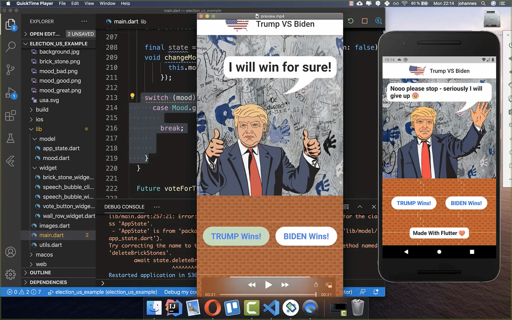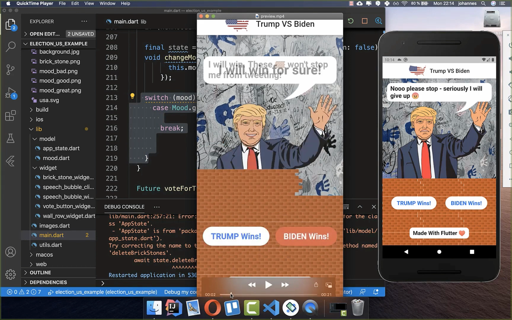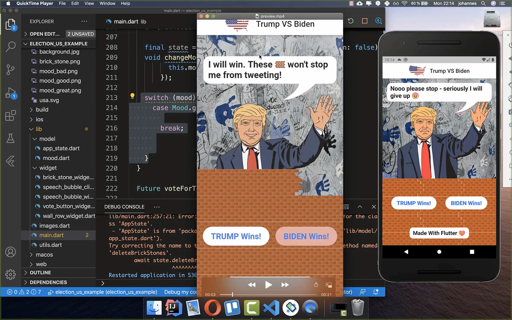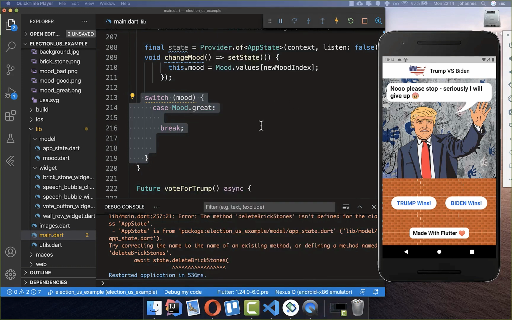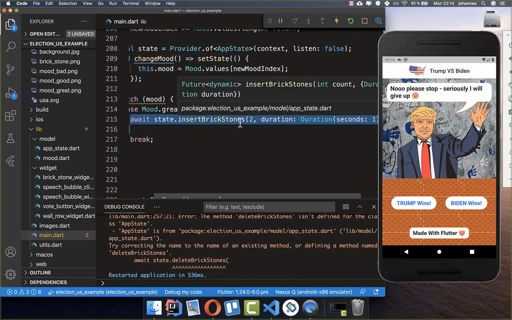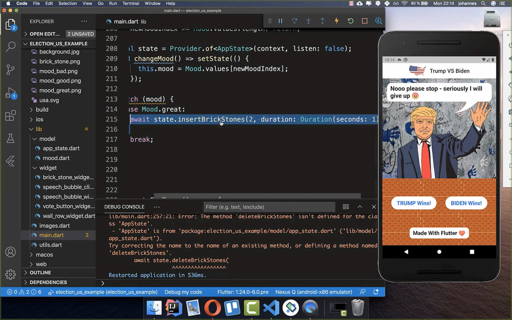So this is actually this mood here, and if we then press on this button, what should happen is that we should grow here two brickstones, and we also change here the mood of him. So we change here to this mood that this is showing, and we also change here the picture. And therefore I simply put here two brickstones inside, and I have created already here in our provider this method,